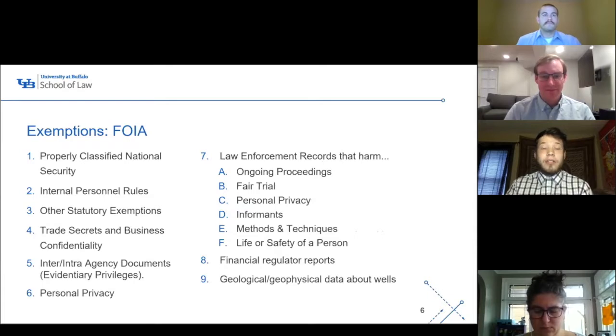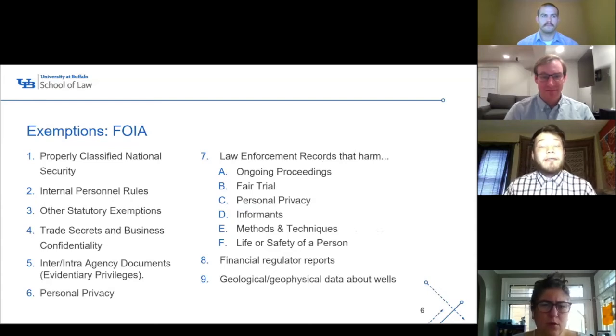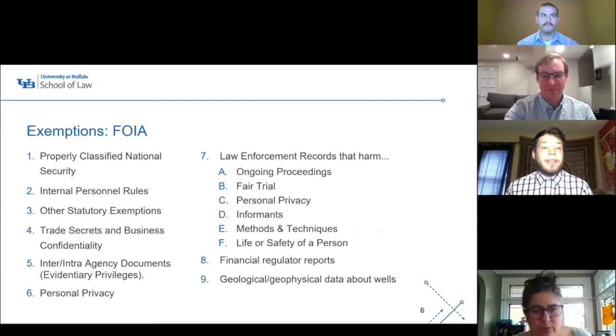Okay, next we're going to go over some of the exemptions. These are specific to FOIA, the Freedom of Information Act, so the federal. Some of them are pretty straightforward. So classified national security secrets, you will come across those quite often if you're working for the media. Internal personnel rules, you'll also come across that quite often. Other statutory exemptions, trade secrets and business confidentiality,